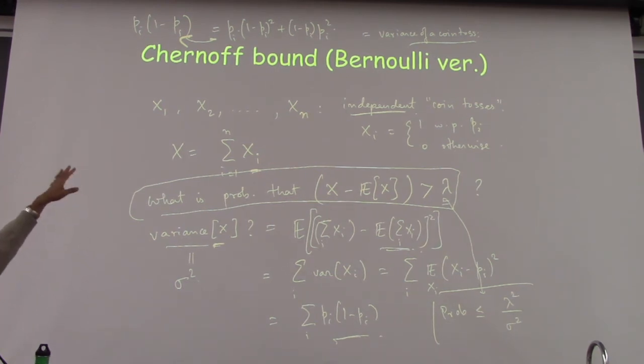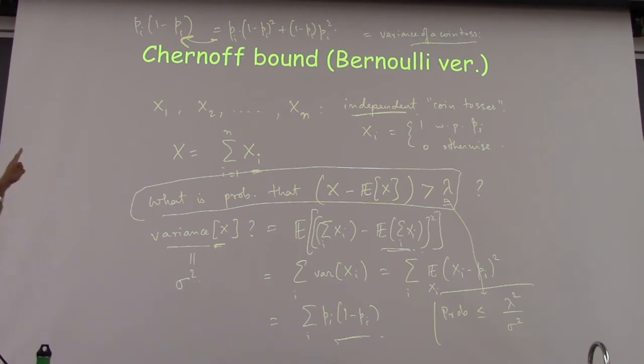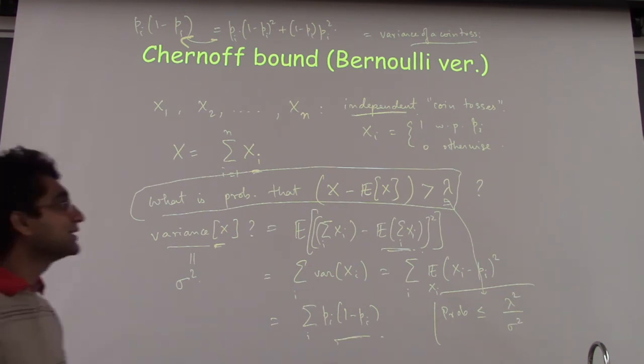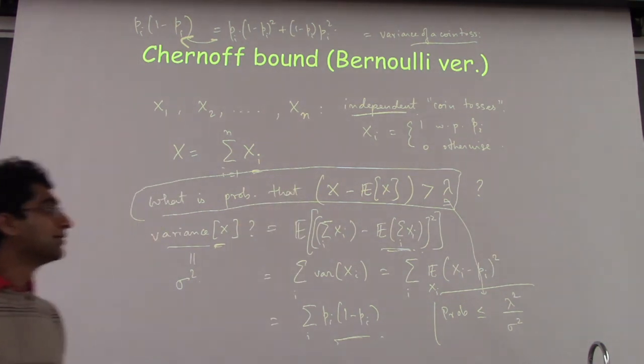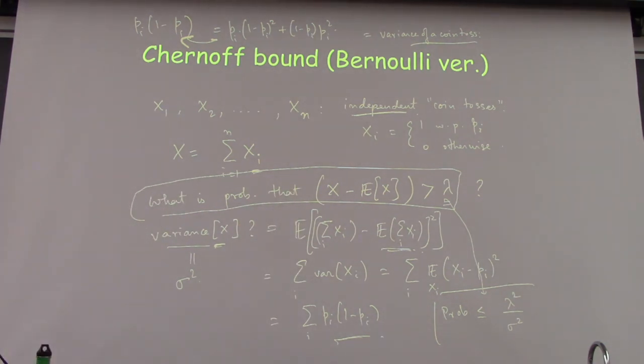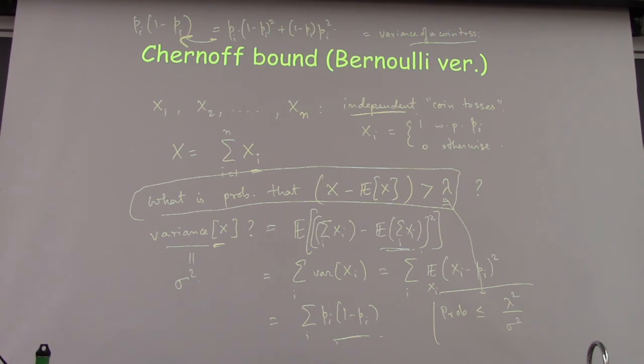Yeah. So it turns out that the variance of one coin toss is pi times 1 minus pi. And once you accept that, then it's just the sum of those, which is why you get the sum of those. Yeah, it's a good point. These kinds of calculations are one of those things that if you do them a couple of times, they become second nature. But if you haven't seen them, then it looks funny. So I would encourage you to just go do some of these calculations.